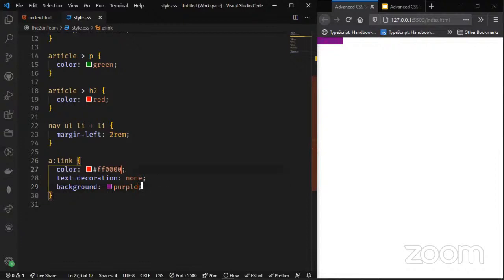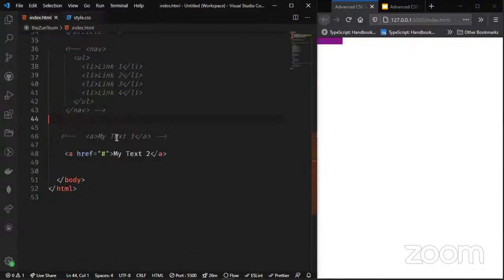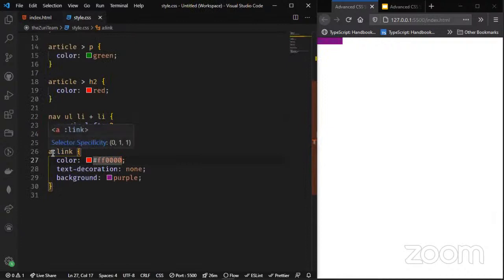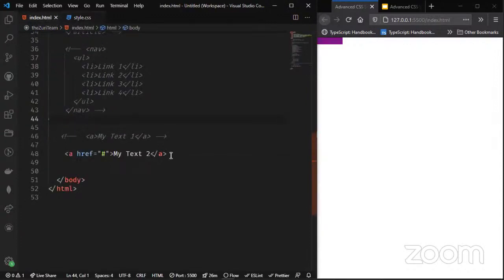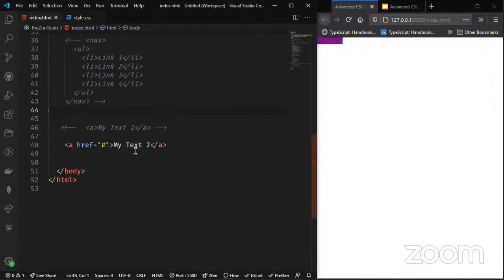fine. So this is all about the link pseudo-class. It selects only the elements that have the href. So once we have a link and want to style it, we make use of this pseudo-class, the link. Remember that I said it comes with your element and then a colon, then the link, then you style to your taste. Now the very next one we want to check under the pseudo-classes is the visited